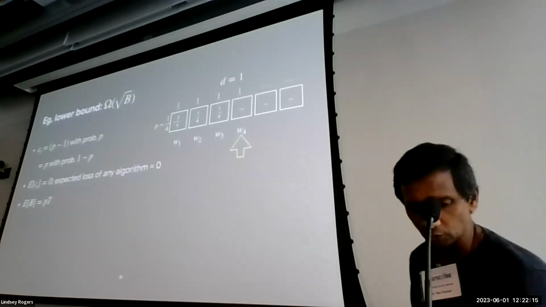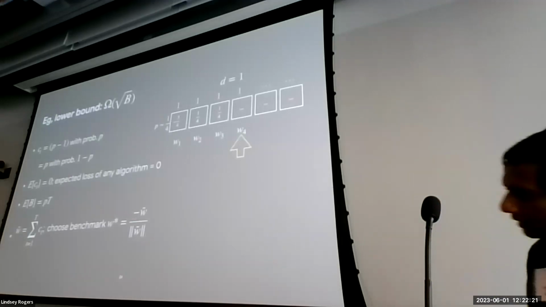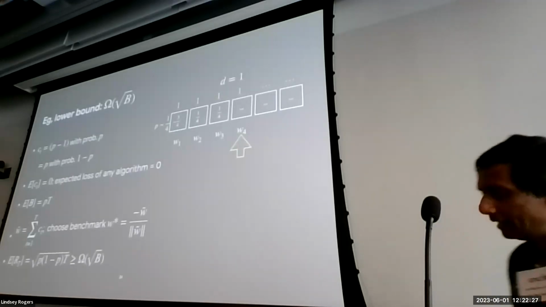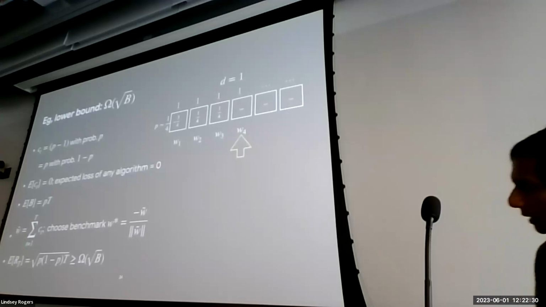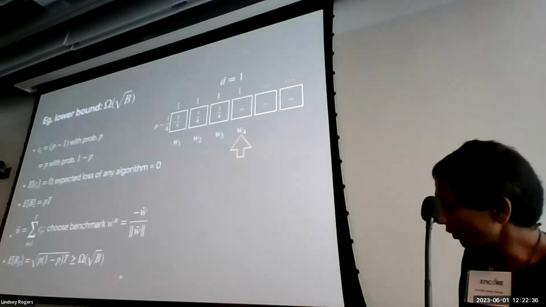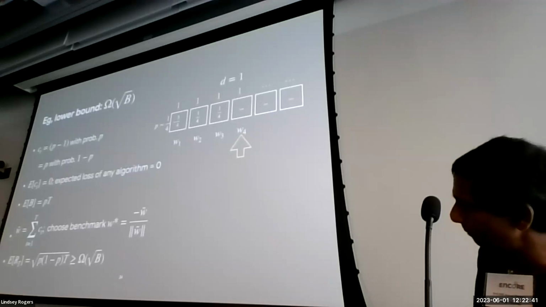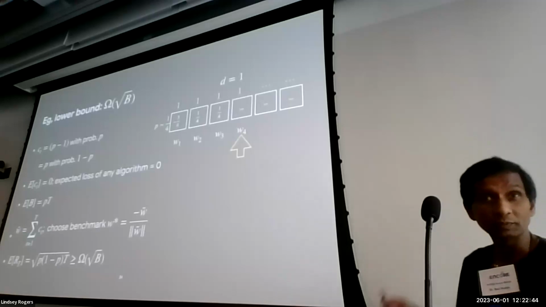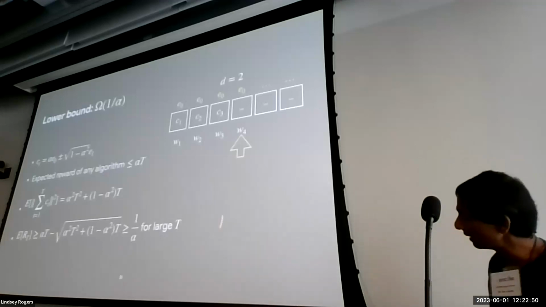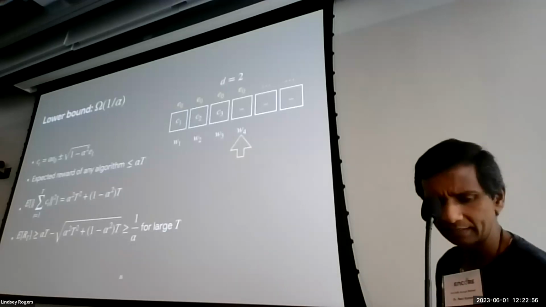But on the other hand, you can show that the benchmark that you play against can be chosen in a smarter way, which is basically the sum of all the costs that you've seen so far. That's the benchmark. And if you work some simple calculations out, then the regret is roughly p times T, and by selecting p, whenever the hints are bad, you get a square root B here. So you can work it out to get a square root B regret. And you can get a similar lower bound for 1 over alpha, except that now the action has to take place in 2 dimensions. So all the lower bounds are fairly easy.